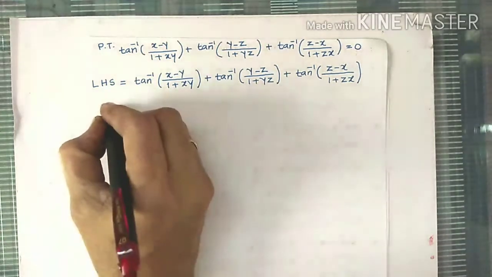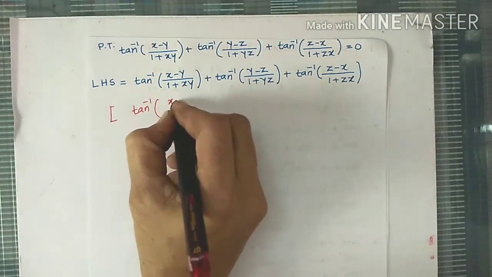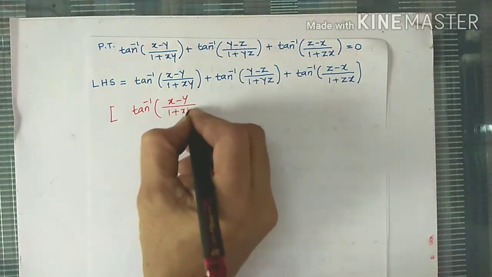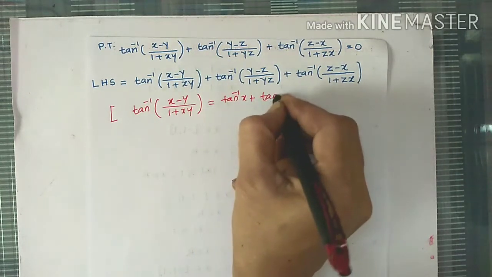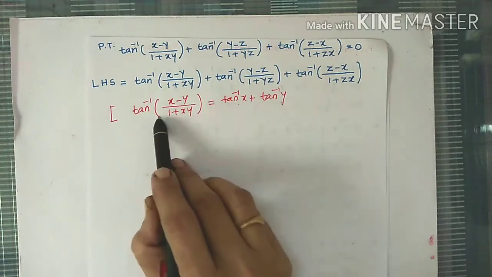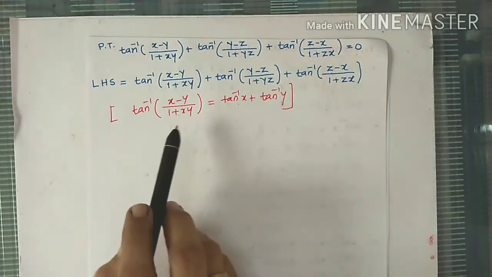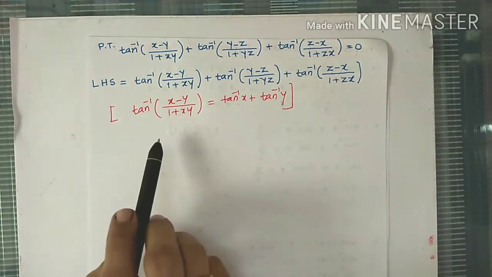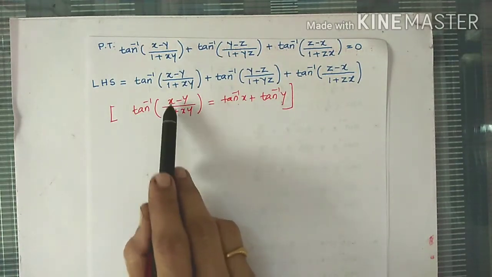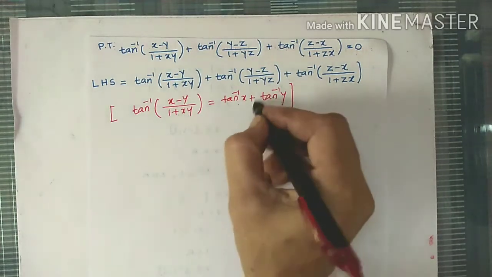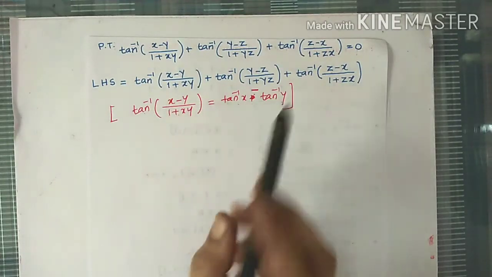Just now we have studied the property for tan inverse. Tan inverse of (x minus y) upon (1 plus xy) is tan inverse x minus tan inverse y. In the properties, I have written this as left side and this as right side. But since I am using the property interchanging left and right side, that's why I have written the property like this. So what are the conditions? Here we have a minus sign, then 1 is here, change the sign, product of these two terms. Then it should be a minus sign here. Then that is tan inverse of x minus tan inverse of y.